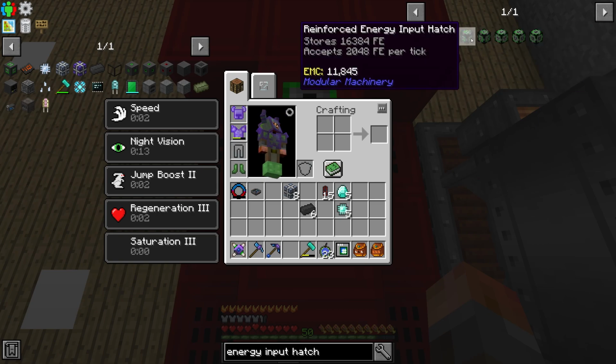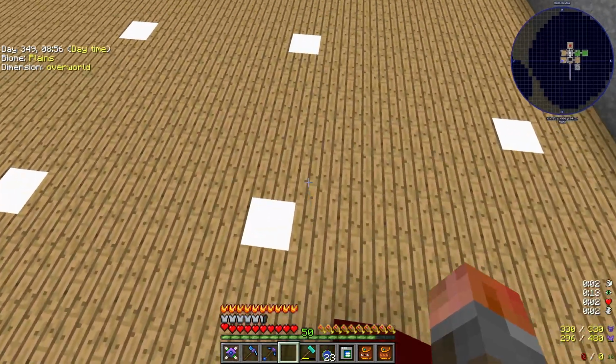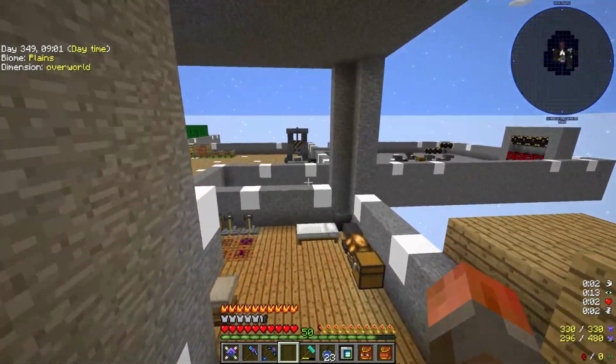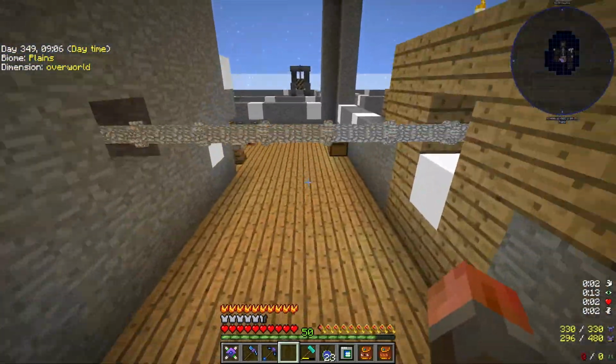So if I have a look at reinforced, it accepts 2000 FE per tick. This particular recipe needs 5000 FE per tick, so 3 of those is 6000. That's enough for it to work continuously. This only accepts 512 FE per tick, but it's enough for it to just stop and start, which is all I actually needed to get things going, I think. And what did I actually want to do? Just grab, I wanted to grab,